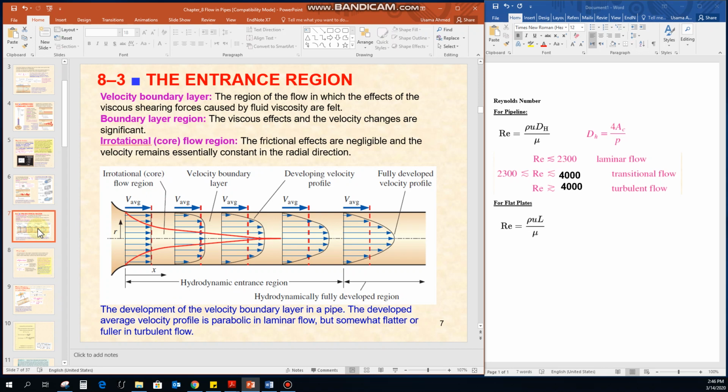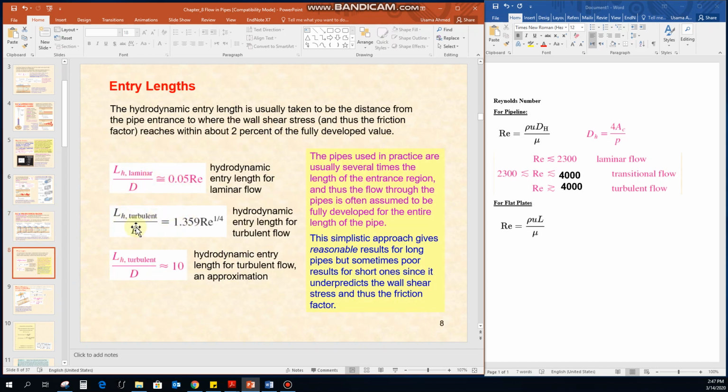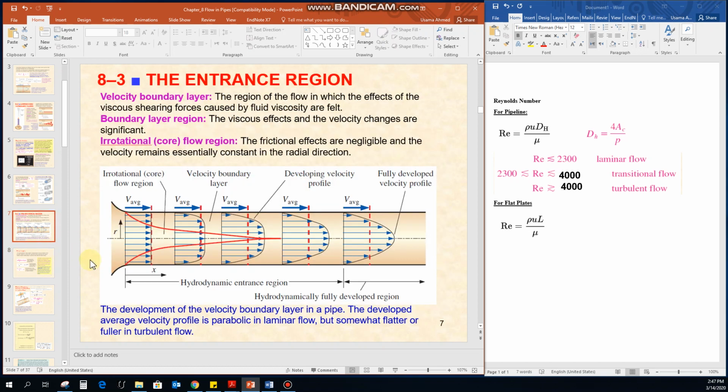Because we are interested in looking at the point in the pipeline where we can have a fully developed laminar flow. That is why we need to calculate the entry length. Entry length is the region of the hydrodynamic entrance region, and here are certain equations that you can use to calculate at what length of the pipeline you can have the development of the velocity